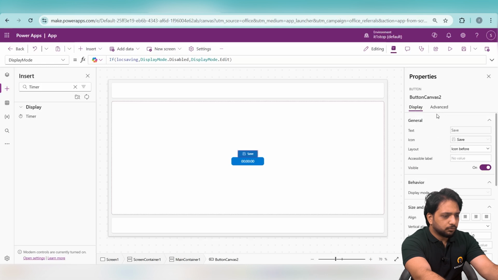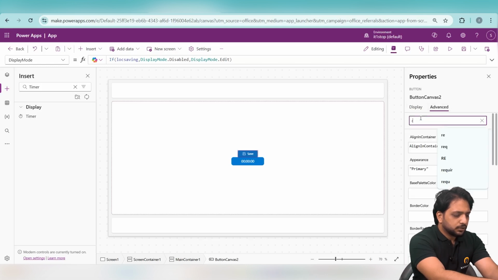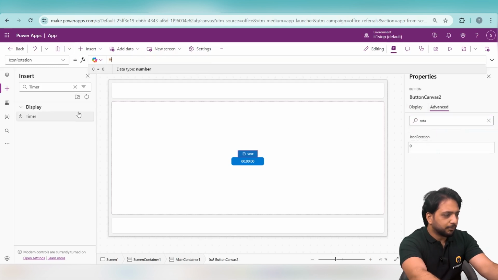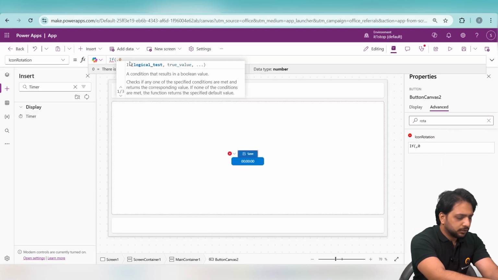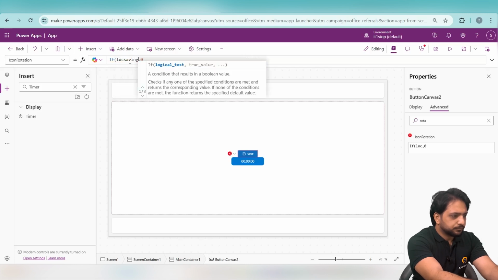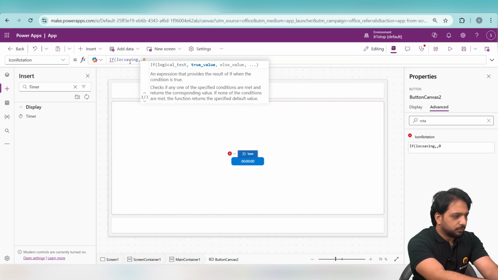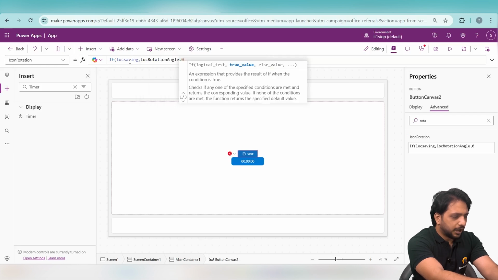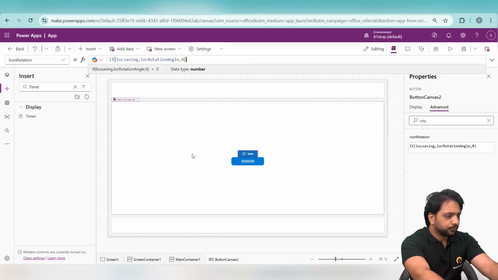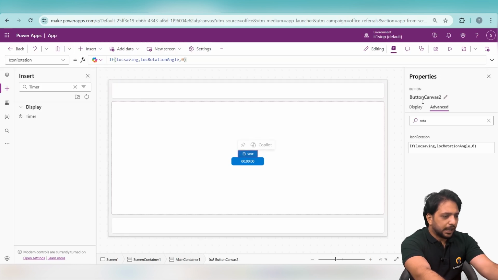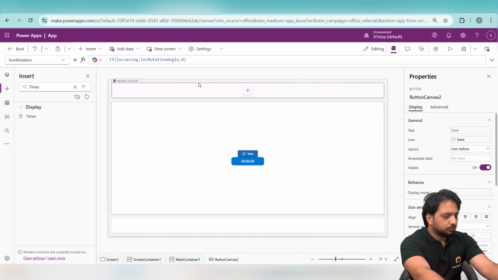also we will do one more thing, which will set the icon rotation of our button. So instead of 0, it will be same: if LOC saving, then it will be our variable which is LOC rotation angle, else 0. So we have added the animation on our button, but we need to do one more thing, which is